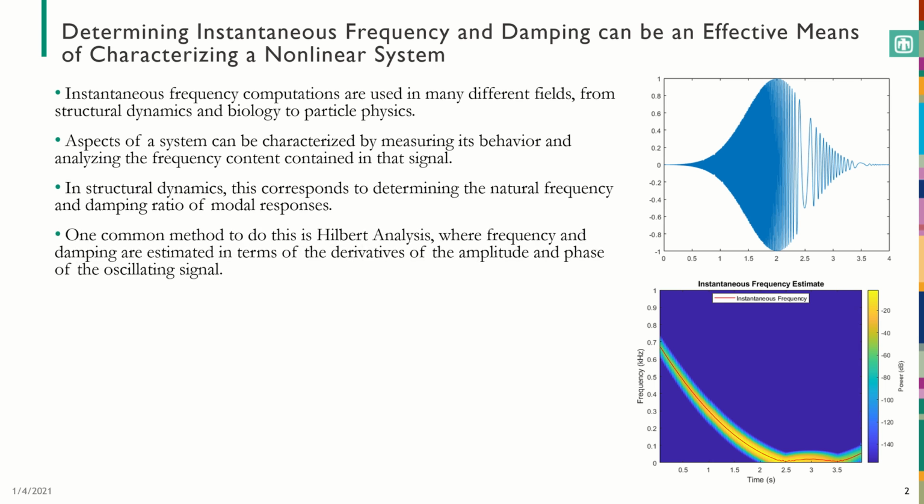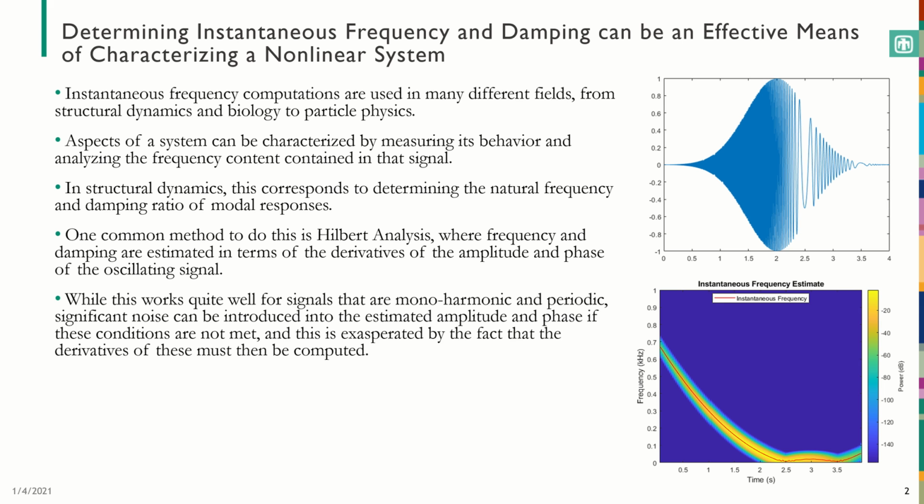One of the methods for doing this is Hilbert analysis, where the instantaneous frequency and damping are calculated in terms of the derivatives of the amplitude and phase of the oscillating signal, which are estimated with the Hilbert Transform. This can work quite well for signals that are mono-harmonic and periodic, but if these conditions are not met, significant noise can crop up into the amplitude and phase and then consequently be amplified in their derivatives. This means that a lot of pre- and post-processing can be required to clean up the frequency and damping results